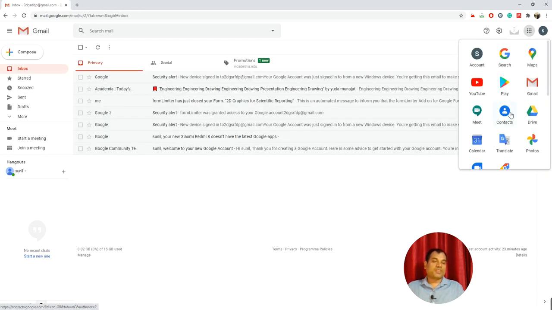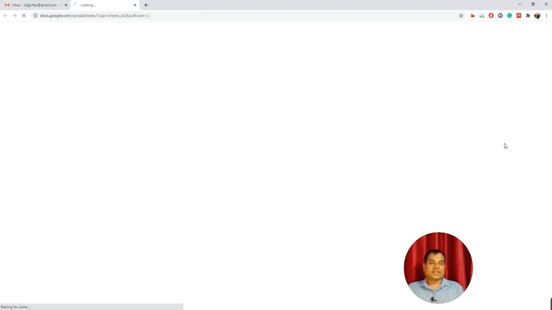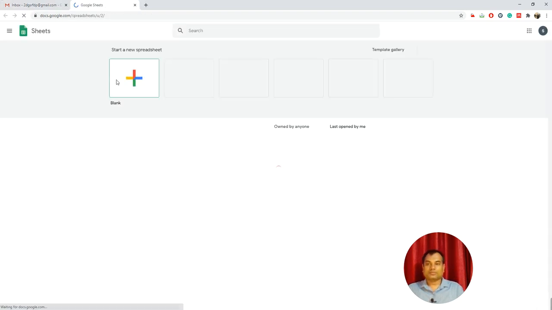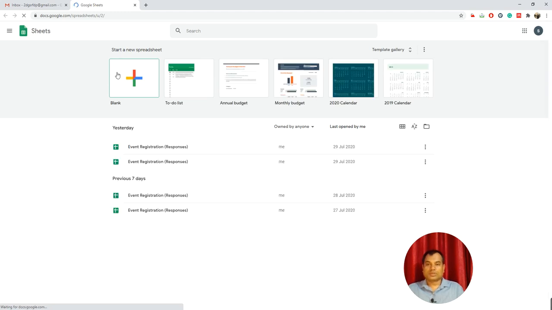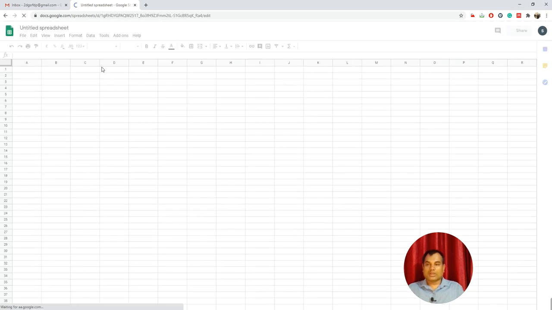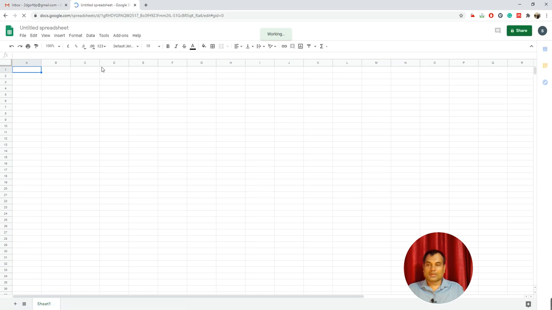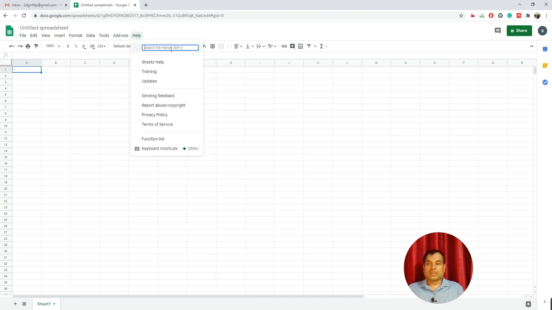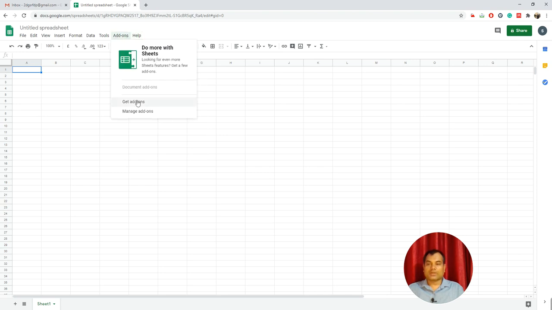So now I am coming to this Google spreadsheet. Select a blank document. In the top ribbon you can see file, edit, view, insert, format, data, tools, add-on and help. So I'll click the add-on. Do more with the sheet is get add-on.